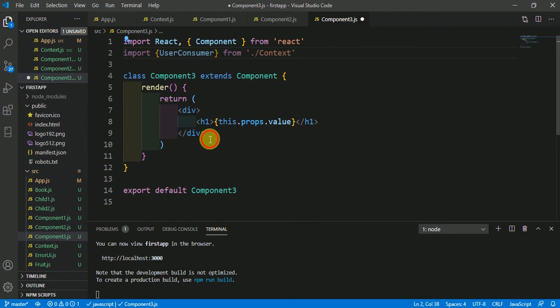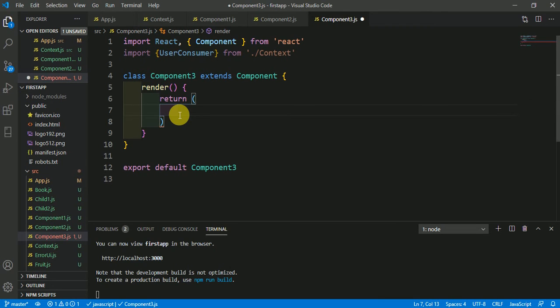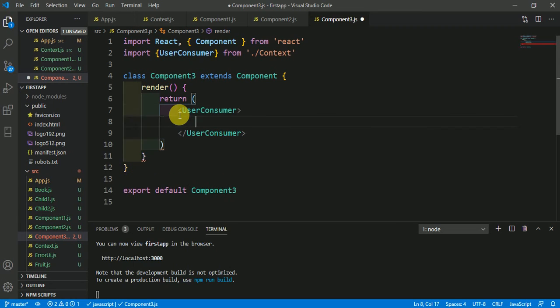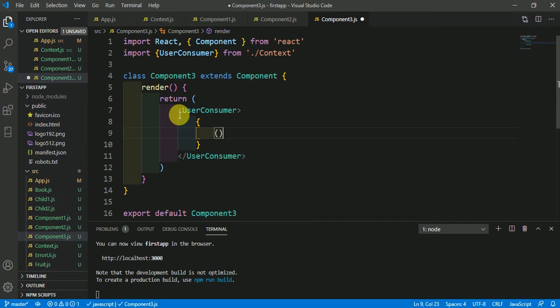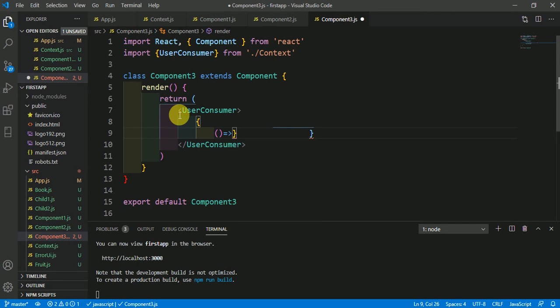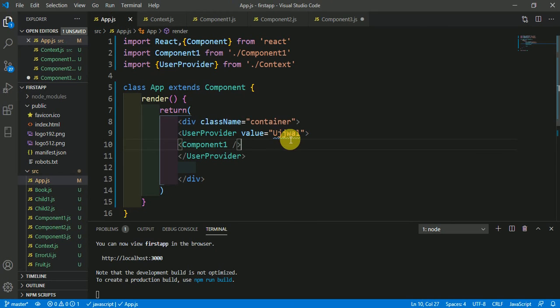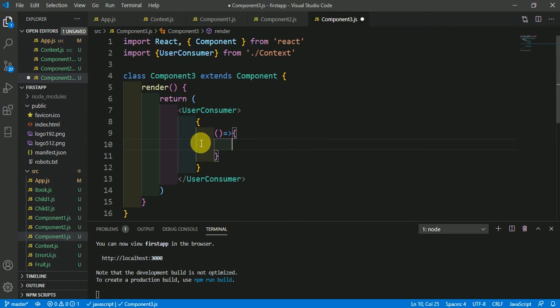Just delete all these, and here use UserConsumer, then create an arrow function here. So we have passed in app.js this value Ujjwal, and in any component you could render that value using this UserConsumer, and you could use any variable here.